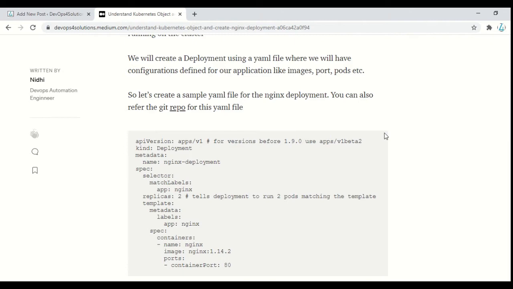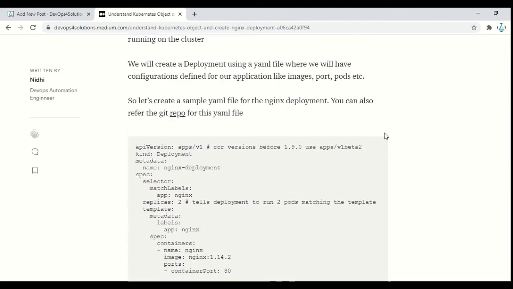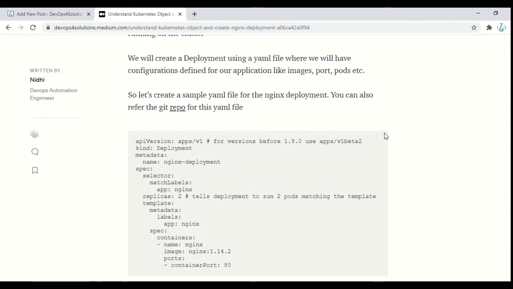In general, we just run kubectl run nginx service, and it just works, right? But when you have to customize it, we put all the configurations in the YAML file so that it can be scripted or introduced very easily into your pipeline. So we will be creating the YAML file for this.